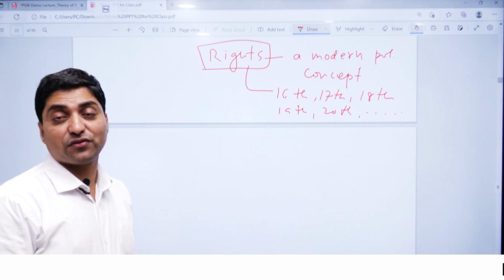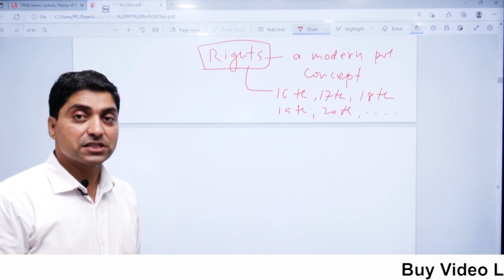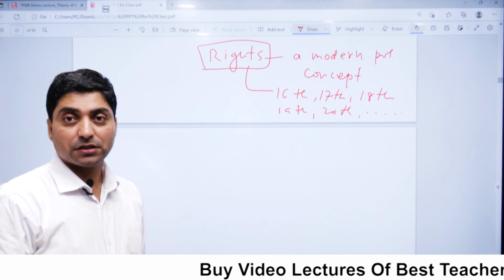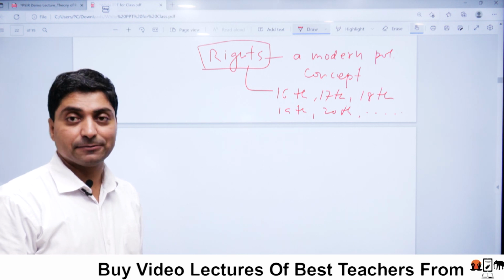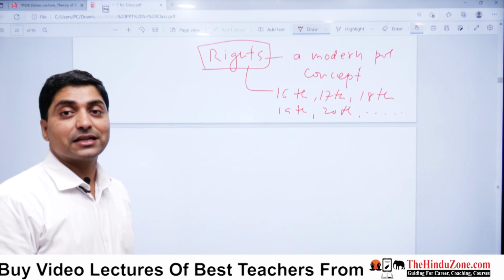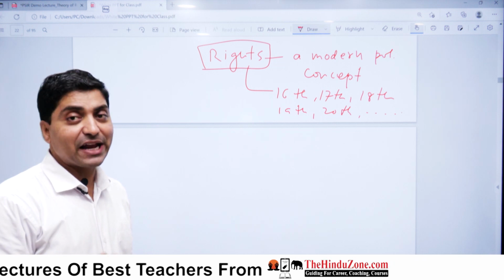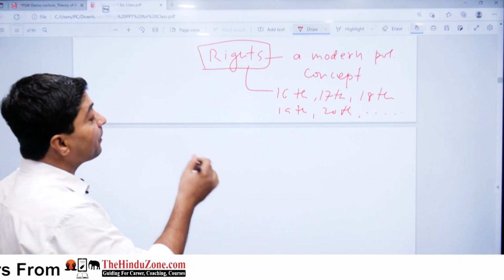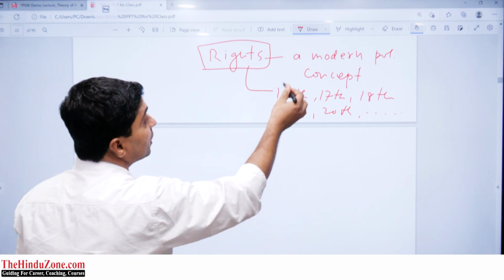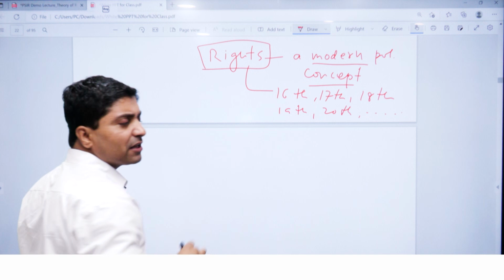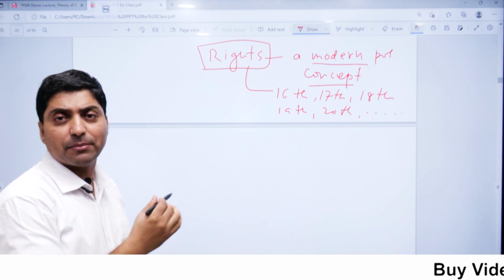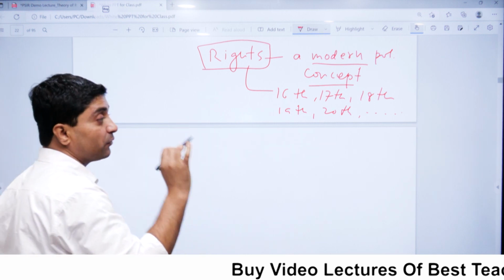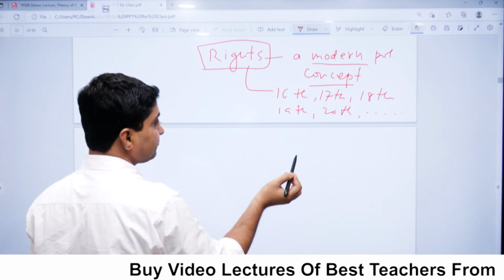There are a number of rights people have. Still people are demanding more rights. Why is rights necessary for any individual? If you see that it is a modern concept, then is it that there was no concept in medieval time? I will say there is no such concept. Let me explain why there is no concept in medieval time.